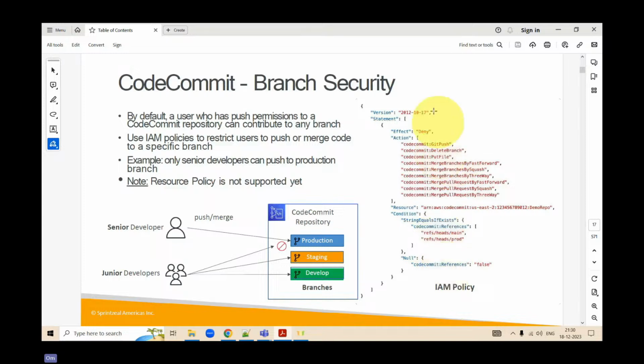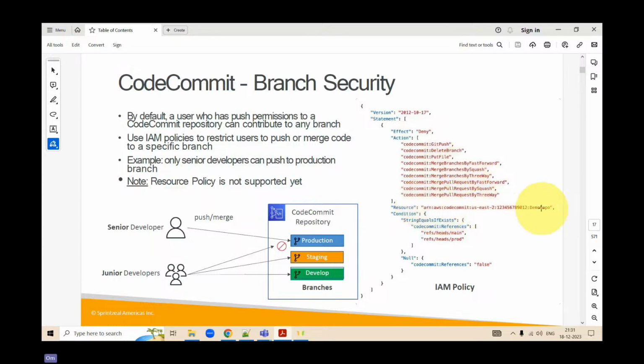If you see over here, what this policy is doing is a denial. That means this policy is stopping something. What is it stopping? It is stopping git push, delete branch, put file, and any kind of merge, on which resource?